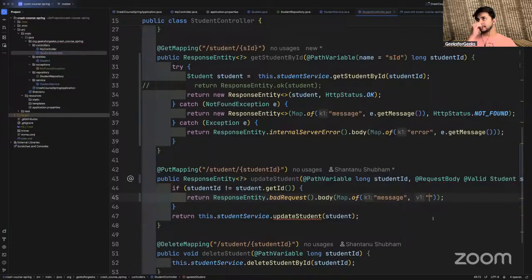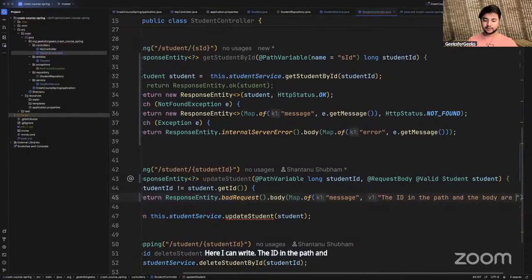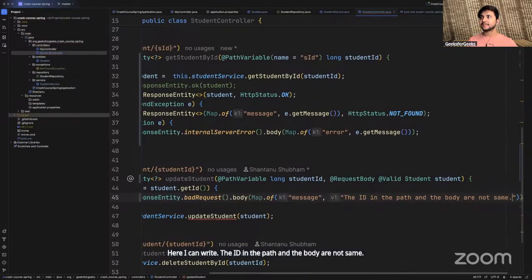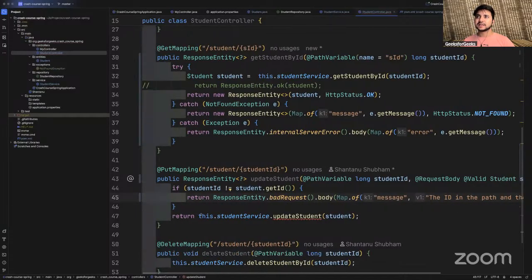Here I can write the ID in the path and the body are not same. Okay, does it make sense?